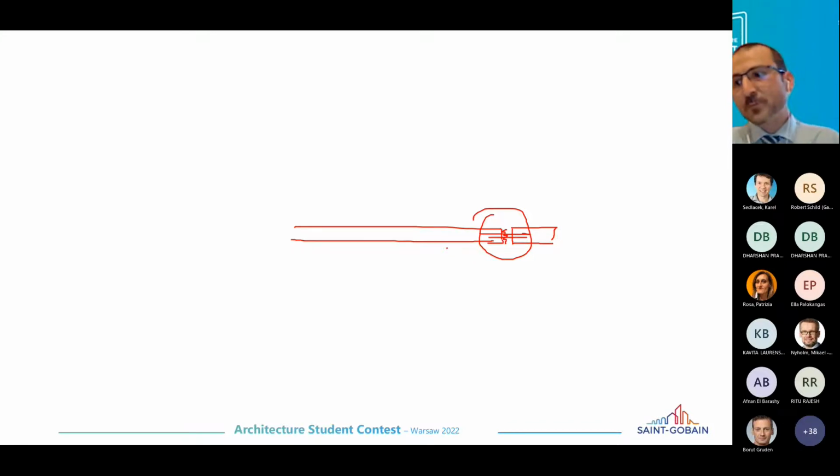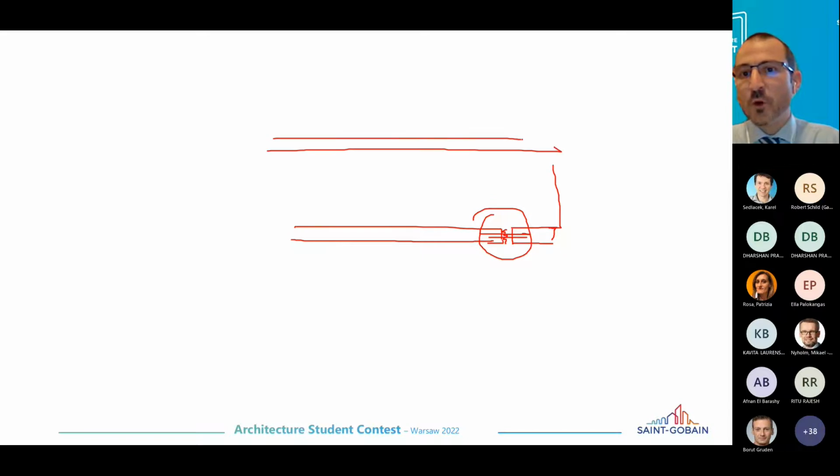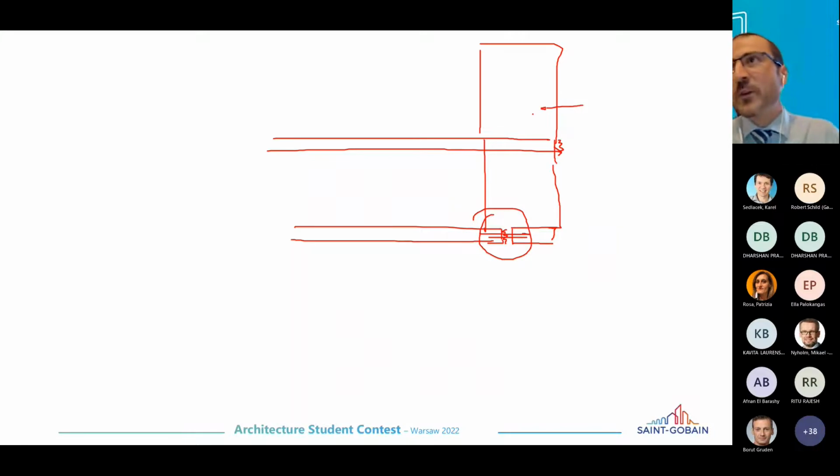Of course, if this is the balcony and somehow it's a loggia, it is no longer a balcony, which means that you close it at each level, and then you just insulate here, and here you have glazings. Then there is no discussion about thermal bridges. But again, it's just an example to